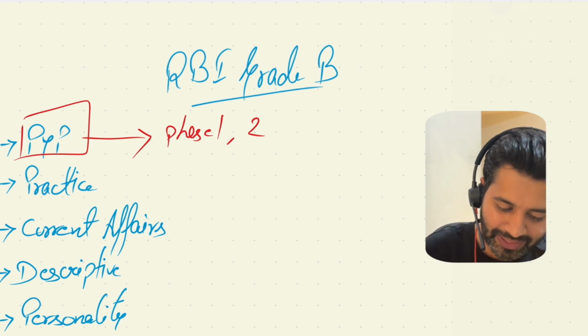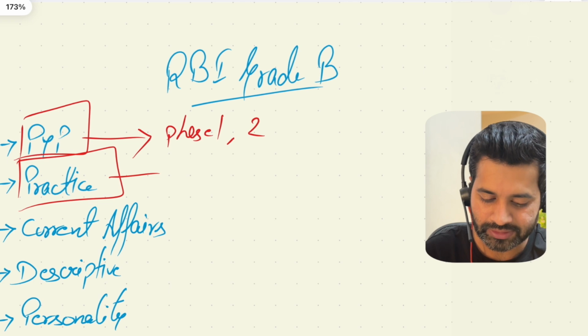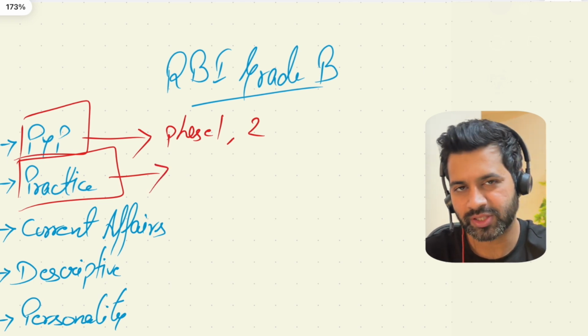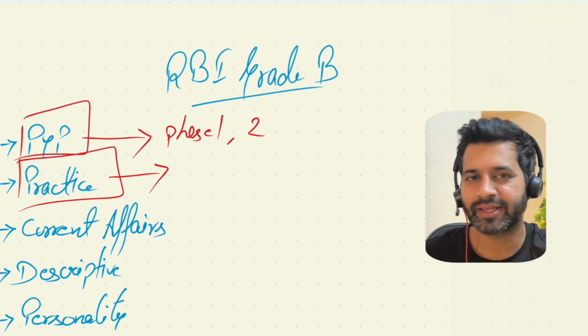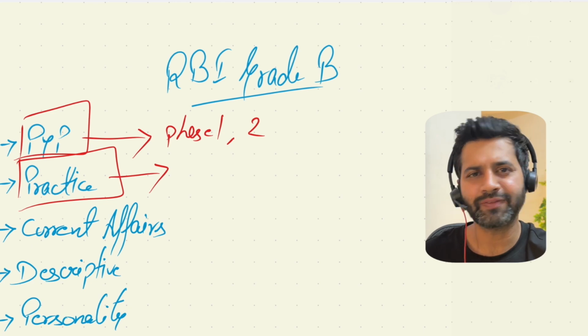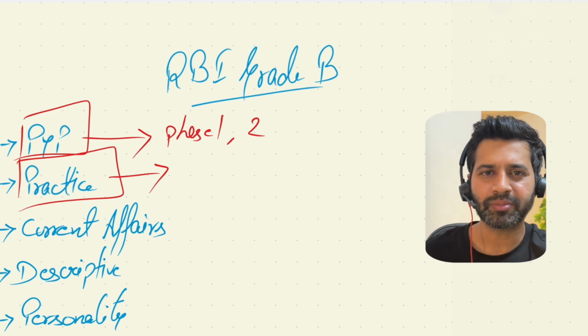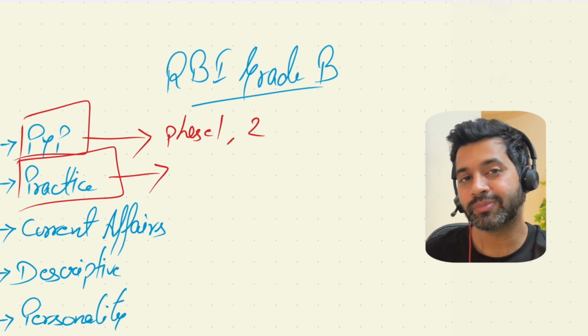All right. Then the second thing that I want to talk about is practice. Now, doesn't matter whether it's phase 1 or phase 2, I want to tell you that the competition is getting tougher day by day, year by year. Back in 2017, 18, 19, the examination was not that tough. Current affairs level was also not that difficult, but now you can see that the government schemes are being asked